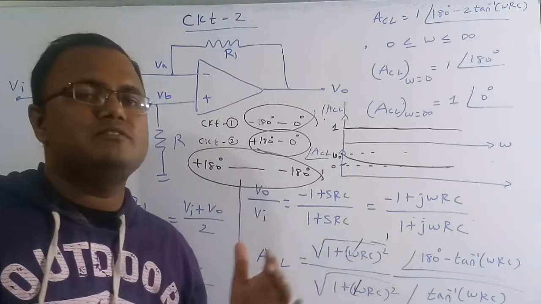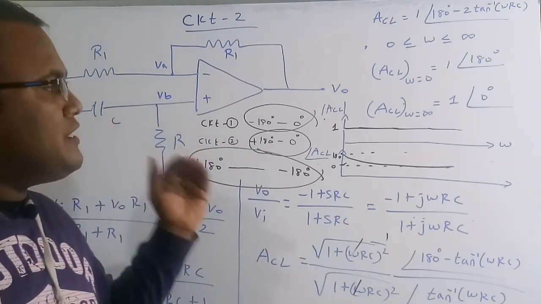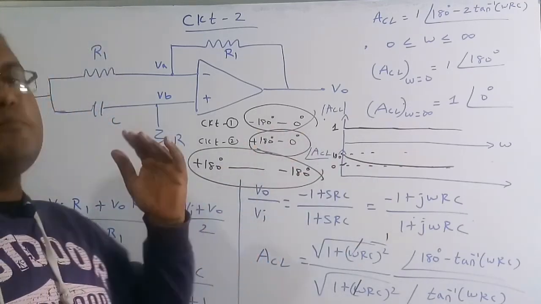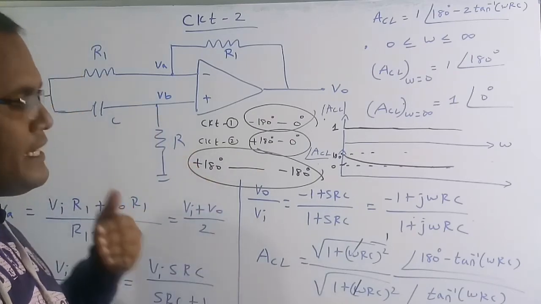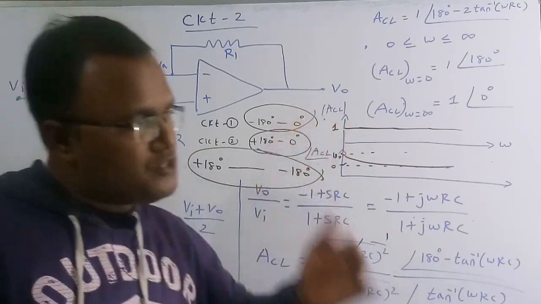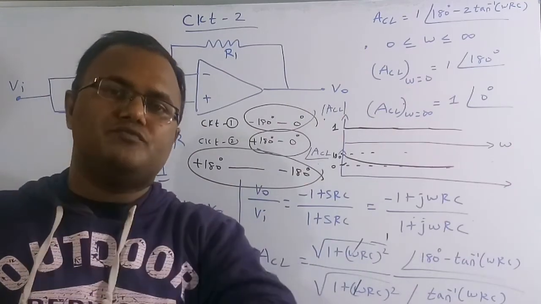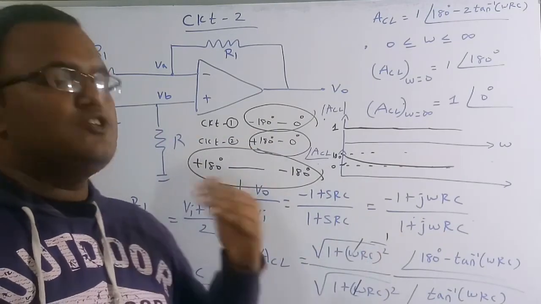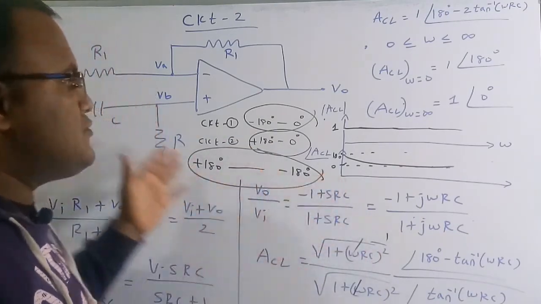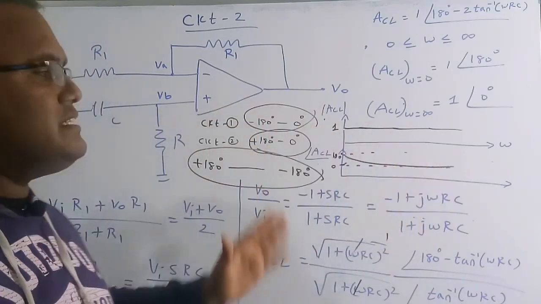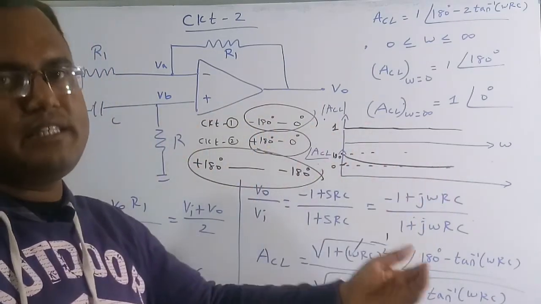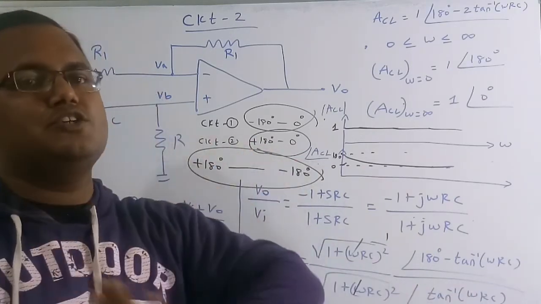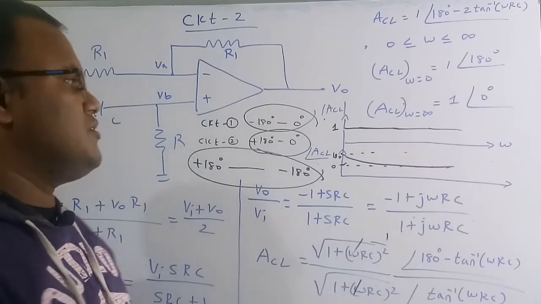So basically an all pass filter does not change the amplitude of the input signal, but it can only provide a phase shift. The phase shift can be either positive or negative, meaning from plus 180 to 0, and from 0 to minus 180. It can provide all the positive phase shift and also negative phase shift to the input, but it doesn't change the magnitude of the input. Therefore we can say an all pass filter transfers all the frequency components of the inputs, but it only adds a small amount of phase. The phase can be positive or negative, so it can cover all the phase range from plus 180 degrees to minus 180 degrees. This is the correct solution of this question.